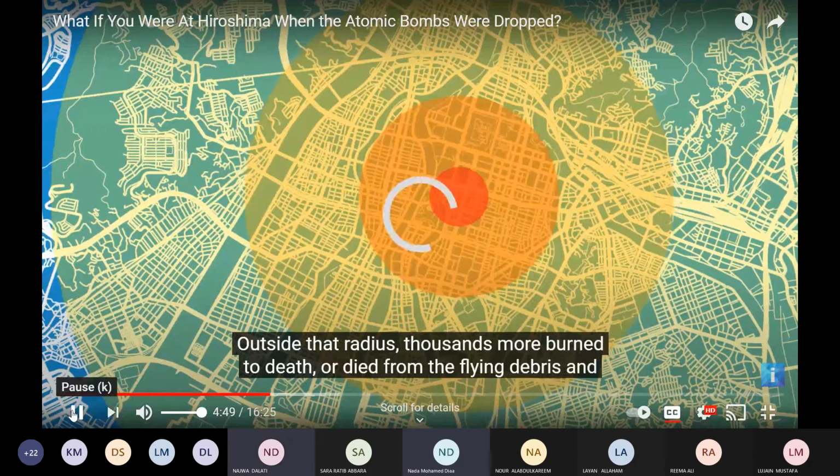Teacher, was there fire, or not in the place, far away? Yes, fire everywhere, because this cloud formed a storm and rain, and everything was. So they died from fire, not only from the air. Yes, from the fire. Those who at the beginning died, they got like melted, okay, and then they got melted.